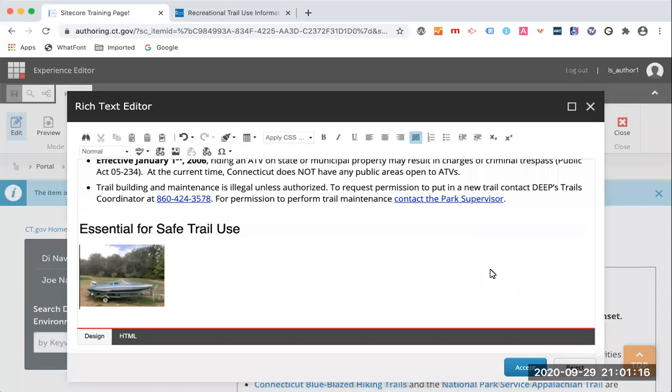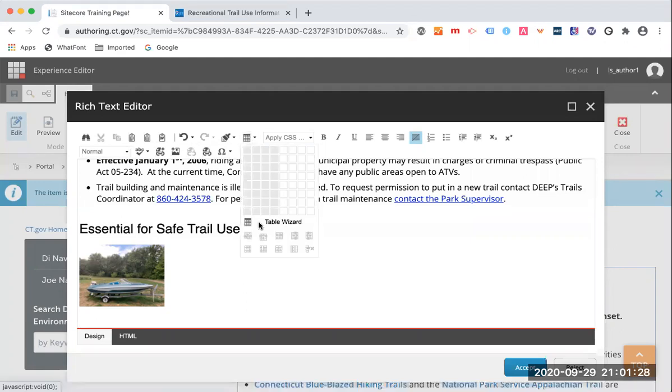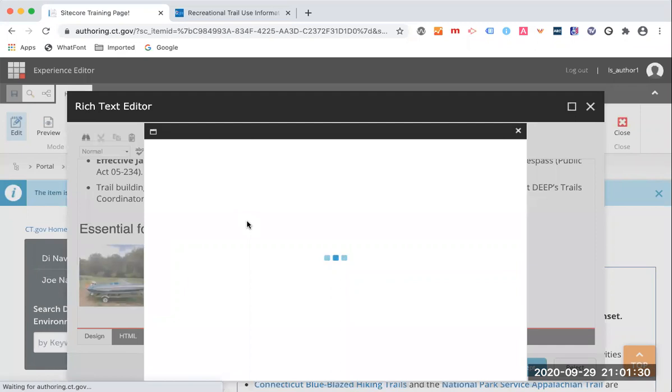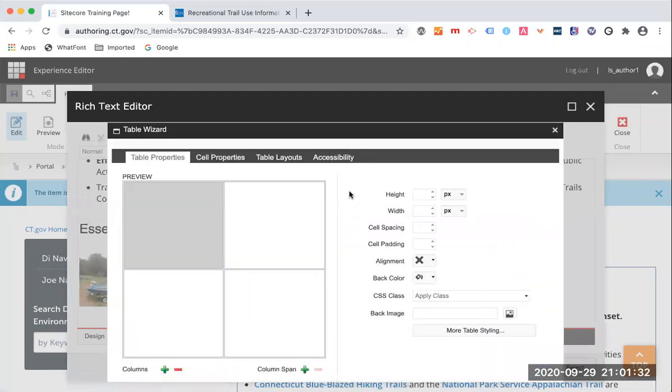The final item or feature we're going to add to the page is a table. I'm going to place my cursor where I want my table to appear. And when I select the table icon, I want to select the table wizard. When I come across the table wizard, I want to be able to define the number of rows and columns